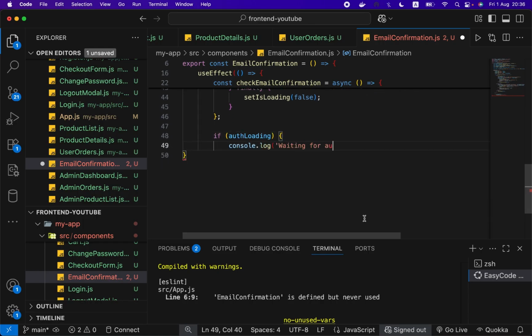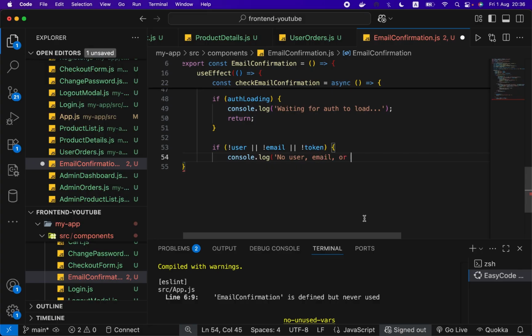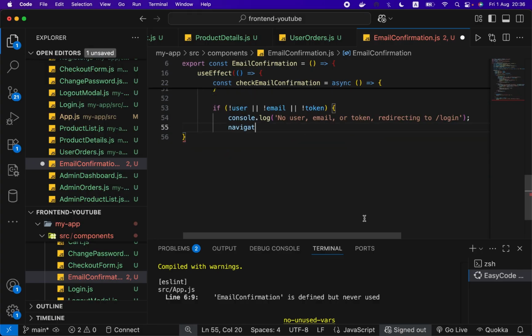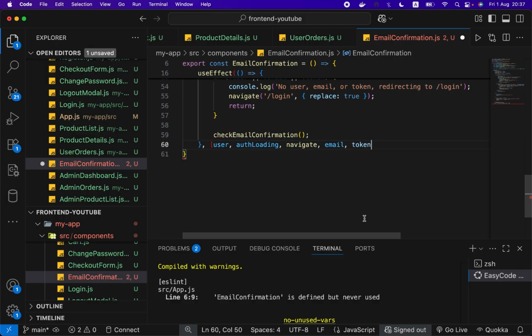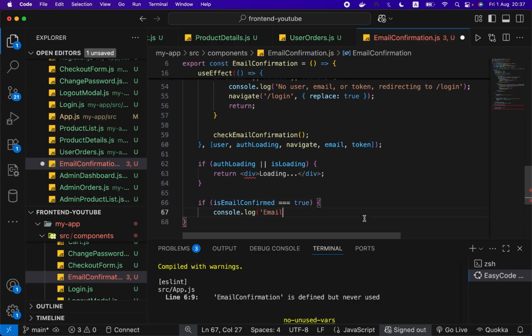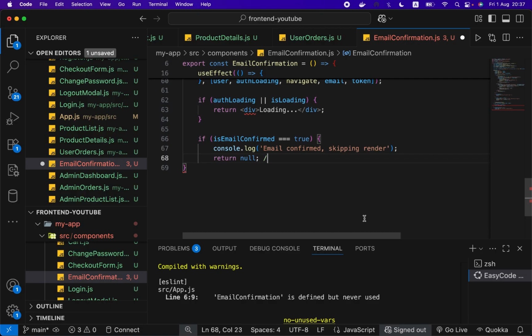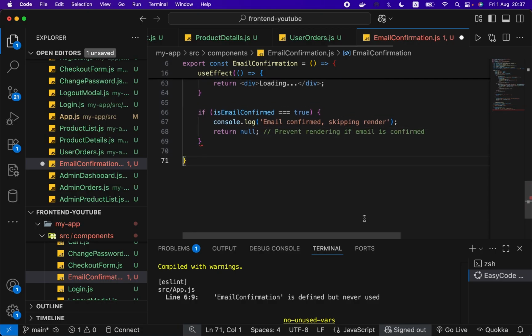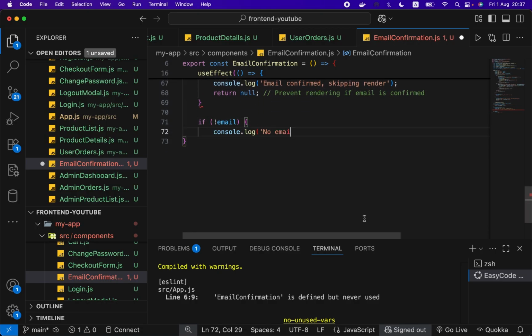And if authLoading, then we will write that we are waiting for authentication to load. And if there is no user, no email, and no token, then we will just write it out and navigate to the login page, obviously, because something is going incorrectly. And of course, we can write out this checkEmailConfirmation and constantly check for the change of user, authLoading, navigate, email, and token inside of the useEffect on this component, I mean. And also we have to make sure that if there is loading, then this div will be shown. And if email is confirmed, then we just skip rendering all of this and return null. And if there is no email, then we will redirect to login